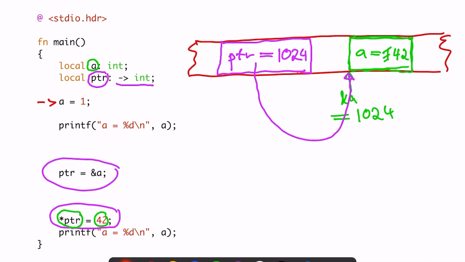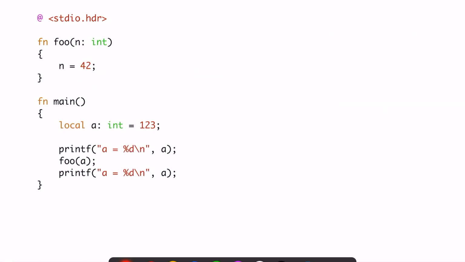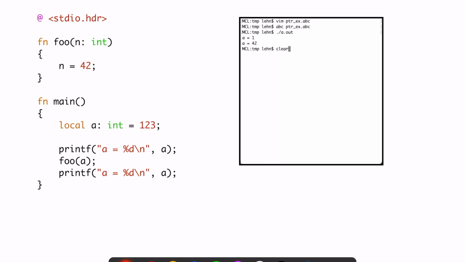And then you see, when you now again print the value of a, you no longer see 1, but actually what is stored in this green box, the value 42. Before I tell you a bit more about how the compiler is dealing actually with pointer variables, let's consider some application for pointers first. Recall that in ABC, like in C, when you pass an argument to a function, the